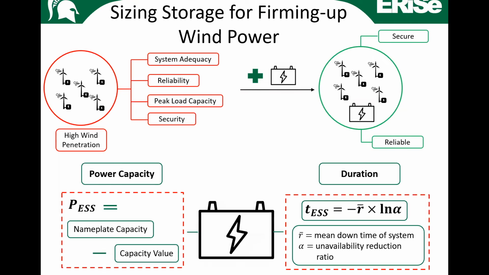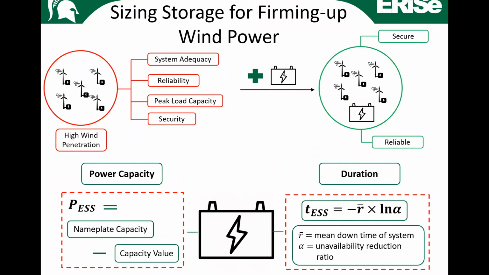Through our research, we found that the megawatt size can be found from the difference between the nameplate capacity of the wind farm and the capacity value of the wind farm. This was a fascinating find, because before that, when we were researching and reading up papers, we read a bunch of papers where they said, we ran all these studies and found that the capacity of the battery must be about 75 to 80% of the nameplate capacity of the wind farm. We don't know why, but not one, but multiple resources said that.